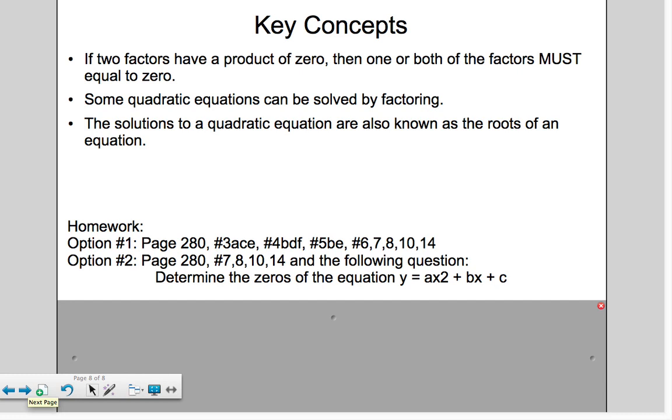Okay, for homework, all I want you to do is number 3, A, C, E, number 4, B, D, F, number 5, B, E. Can you repeat